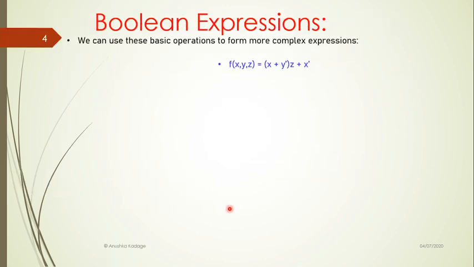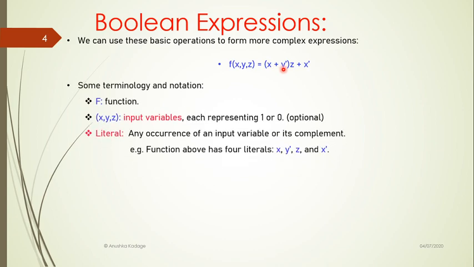So we will start with the first Boolean expression, which consists of three variables x, y and z. But if I look at the statement or expression written over here, I find that it involves three terms, but these three terms will not each have an individual presence of all of the variables.